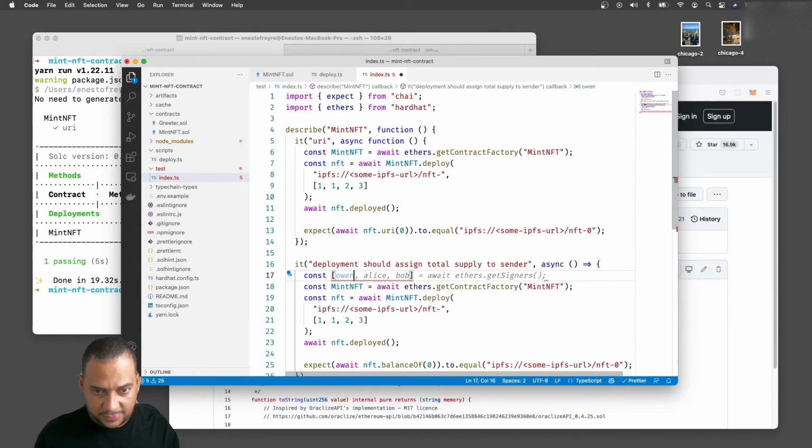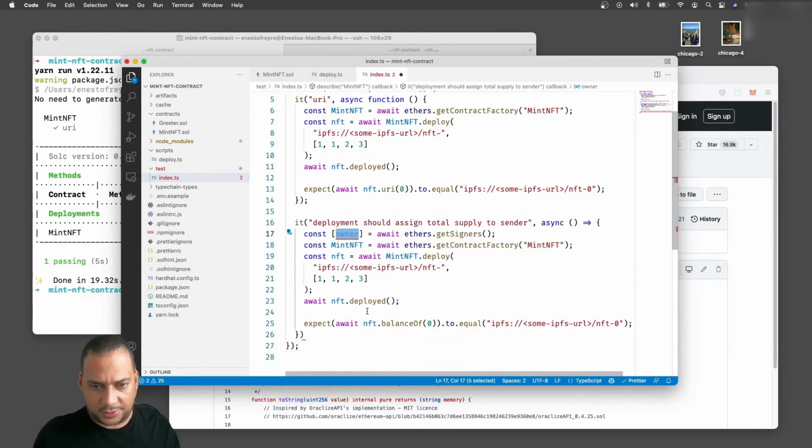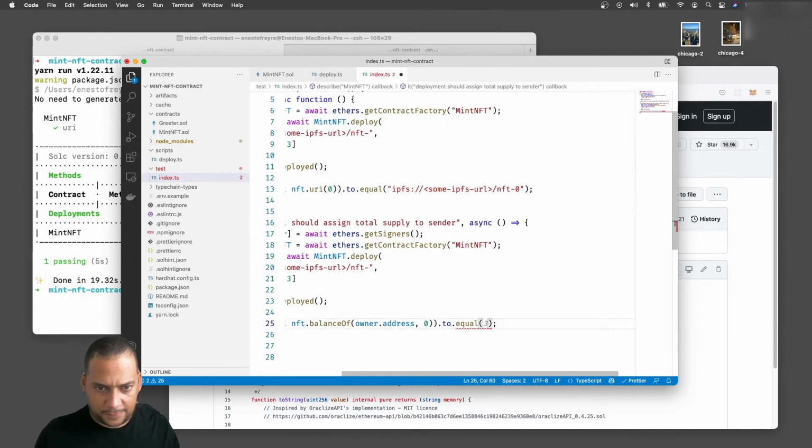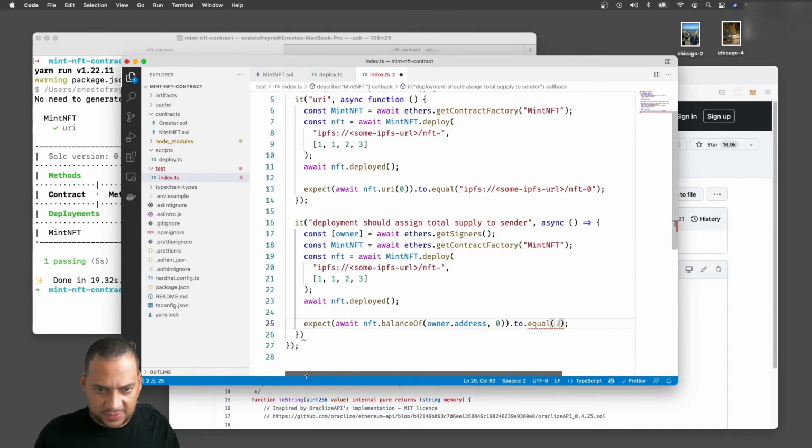So the first one is by default the owner, and that would be ethers signers, right? So we have the owner of the contract. This is the one that actually deploys the contract. And so we will check that the owner address on the token 0 equals the quantity that we specify for token 0. So that will be 1.